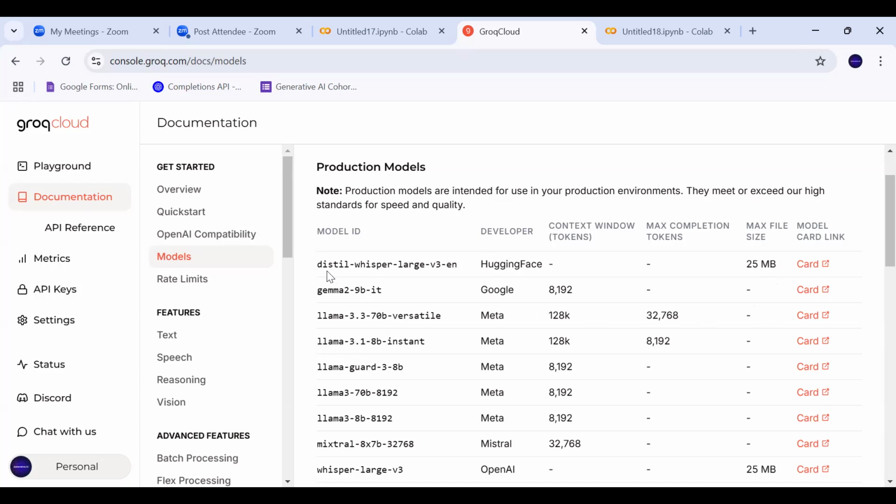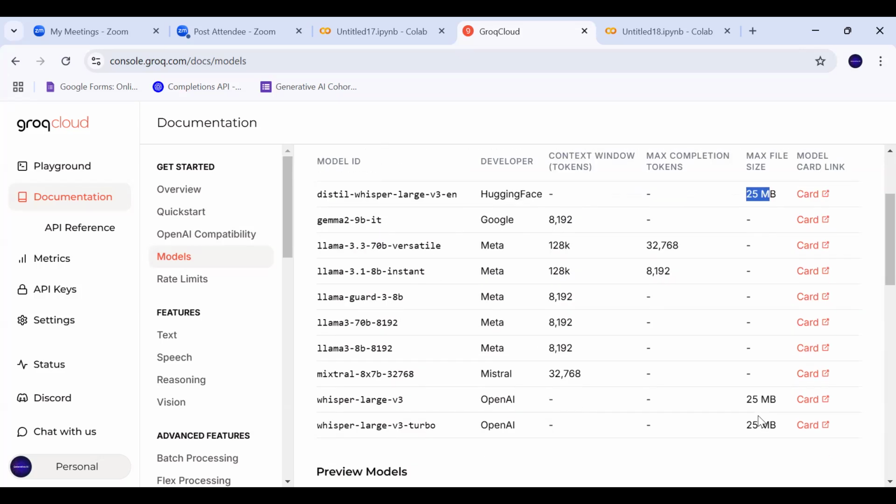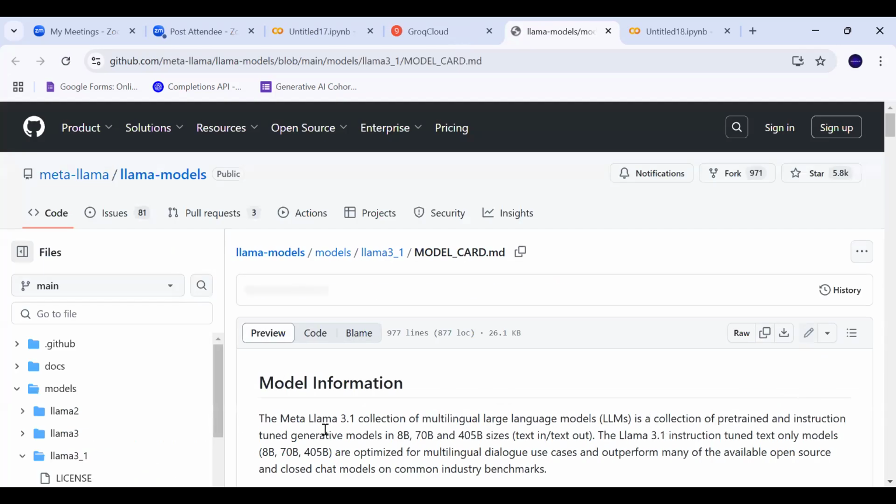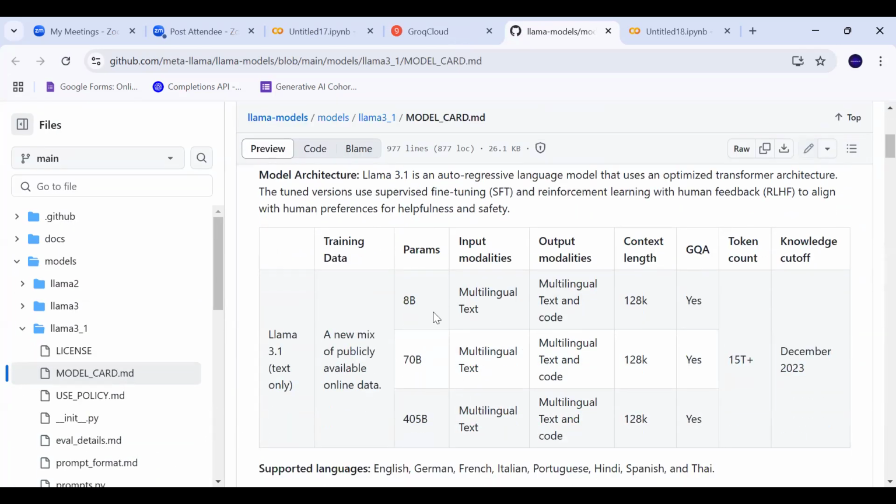I think these allow you to browse and send a file also. So this is the limit of the file which you can send in one request. Okay, for example, Whisper models are the models which basically convert your audio to text. So the file which you are going to send to this model should not exceed a size of 25 MB. And these cards, again, if you click on any of these cards, they will have further details of this model, how it performed, how it behaves, what the different variants are.